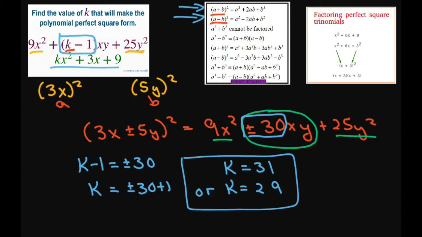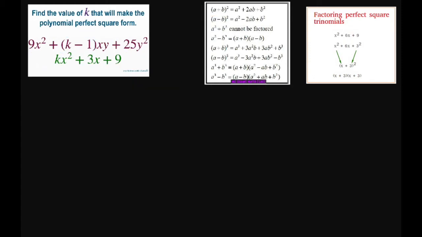Let's see this one. We have a k in the first term. So let's factor it out because that's kind of confusing there. If I factor that out, I'm going to get x squared plus 3x divided by k plus 9 divided by k. Now, to simplify this, I want to condense it and write it like this one. So that's going to be k, and you put x